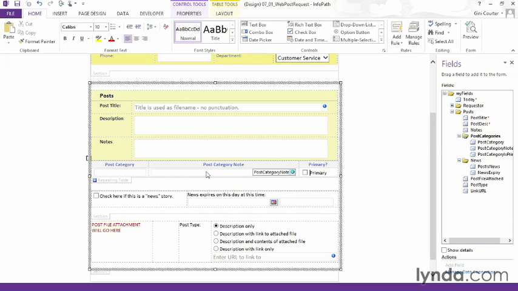We already know how to deal with this text box so that it can go multi-line, and we can work with that later. But right now, this is how I can create a repeating table. Let's go see how this table looks. I'm going to click Preview,